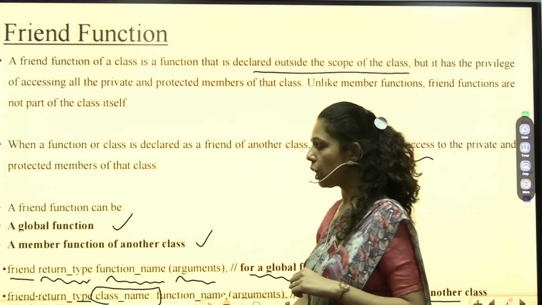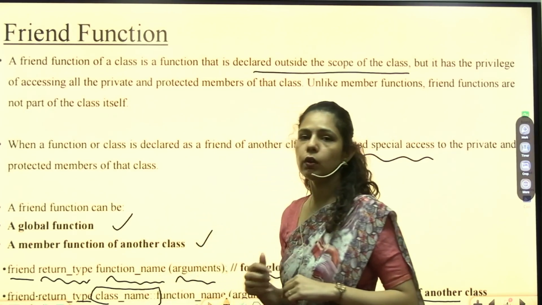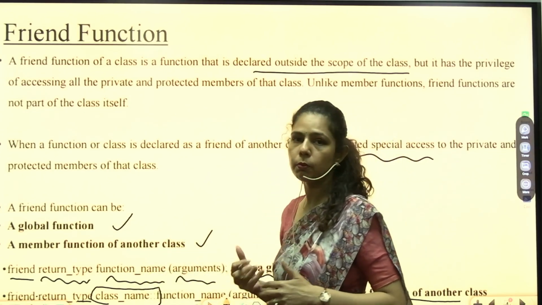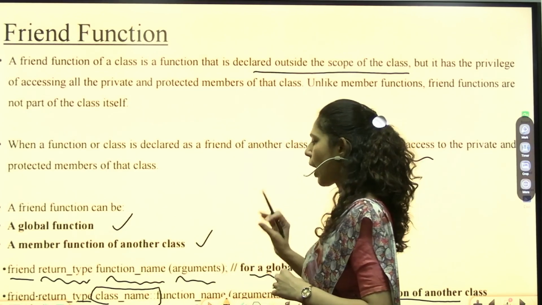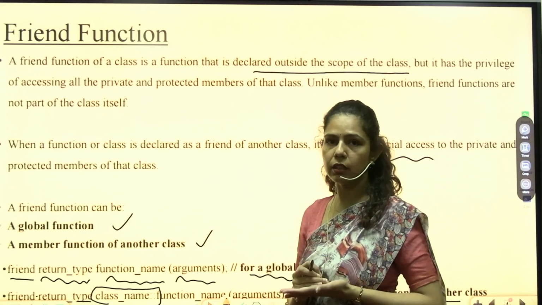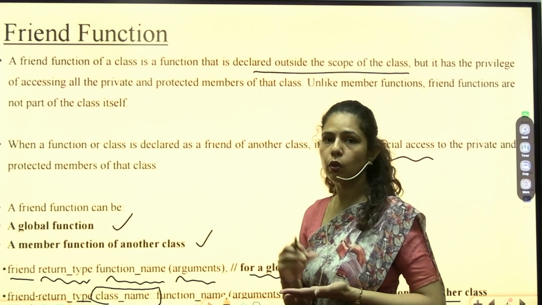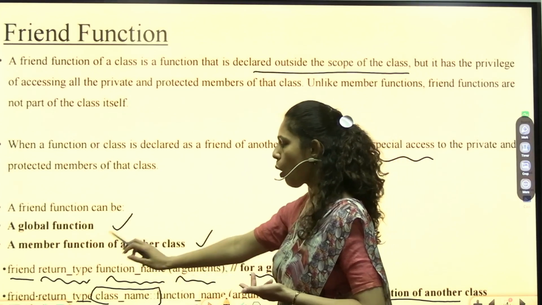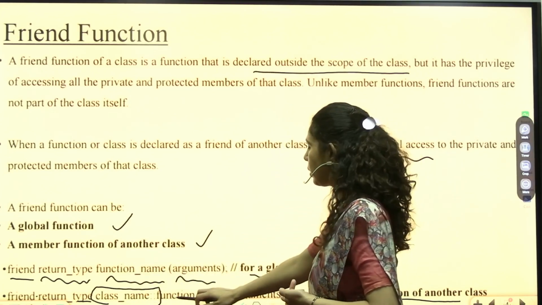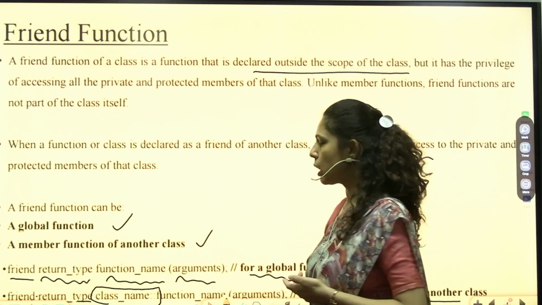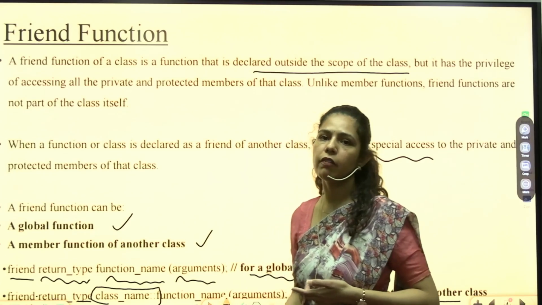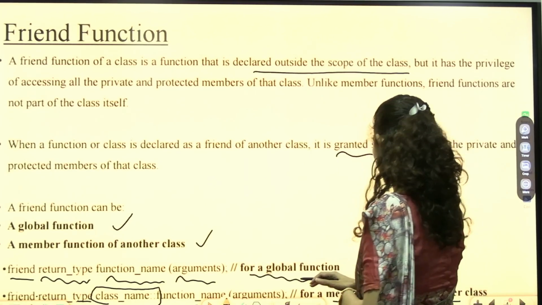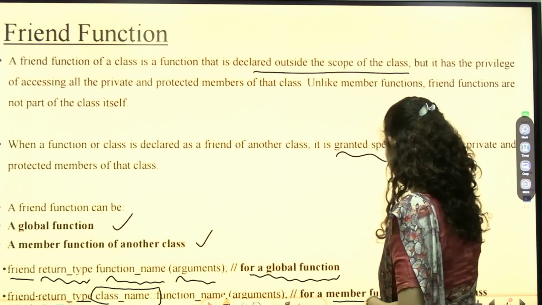Now, the need to write this particular segment here is to let your C++ compiler know which class this particular function belongs to, because you are declaring this friend function inside the class, so your compiler does not know whether it belongs to some other class or not. So if you write the class of that particular friend function followed by the scope resolution operator, your C++ compiler will be aware of which class this friend function belongs to, right? So this will be the function here.